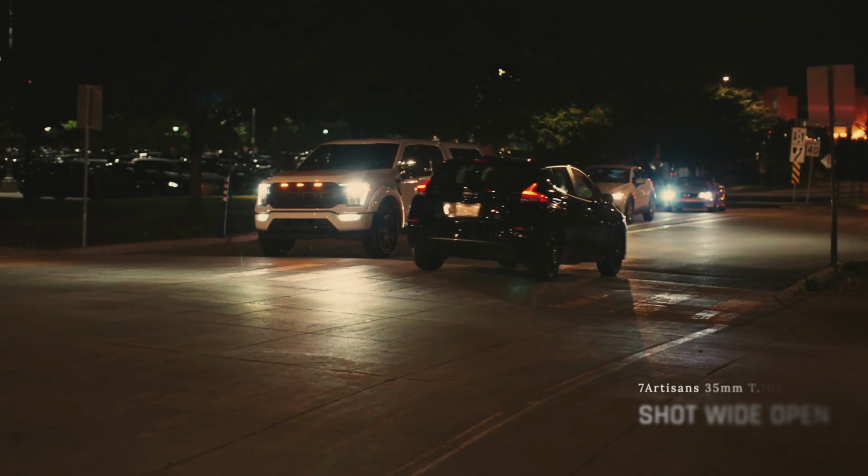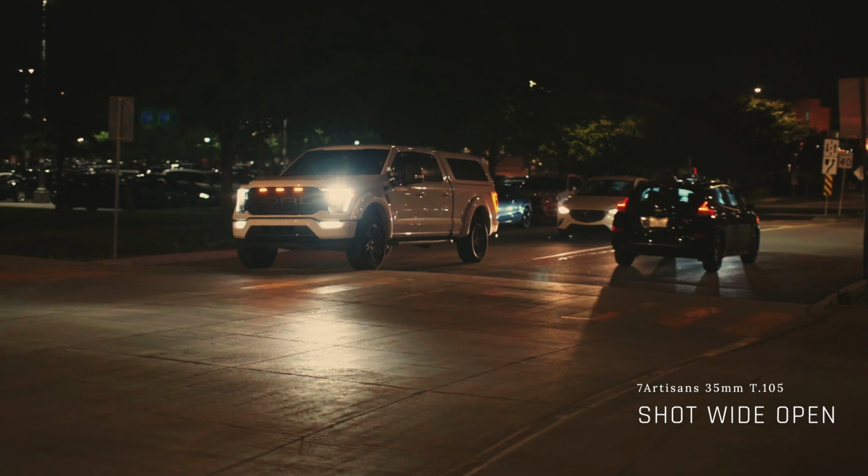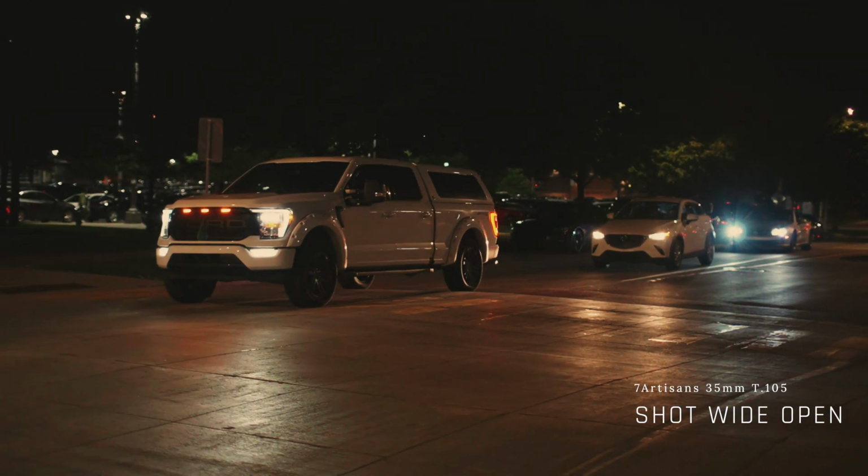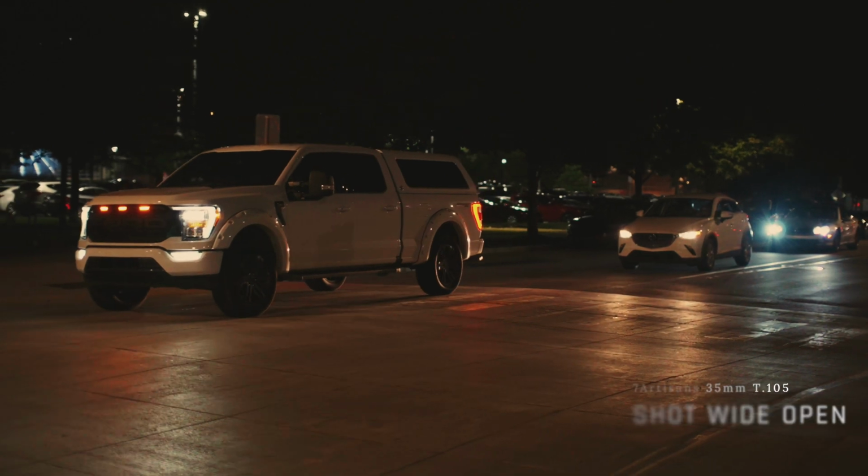This lens, again, I absolutely love it. I think it's an awesome lens. I think it's going to give you that organic look that you're looking for. Wide open, it's awesome. It lets a ton of light in. Flaring is great. Build quality is great. Now, if you want a